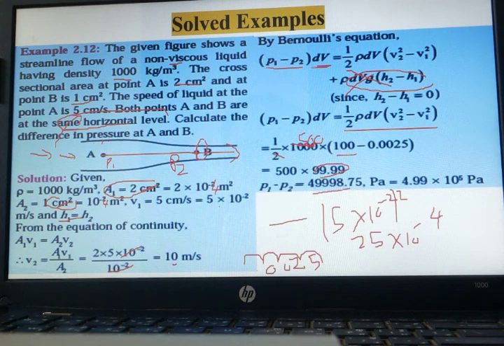This answer, after solving, can be written in this manner also. Okay, this is not an MCQ. If you leave the answer like this, it will still be marked as right. You can write the answer as 59998 Pascal, then also it will be marked as right. Nobody will be giving you wrong. Until and unless you are writing the SI unit, write the SI unit as well.